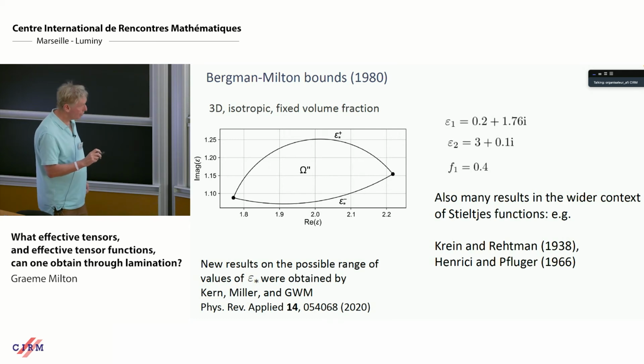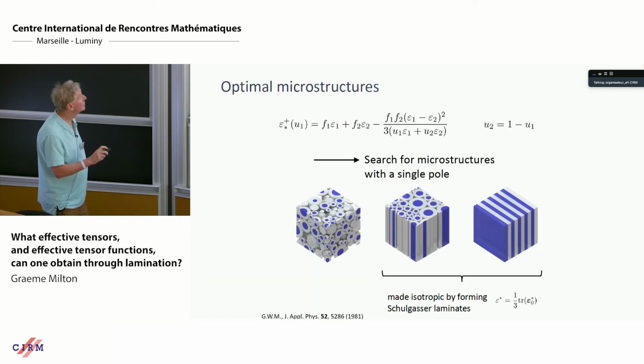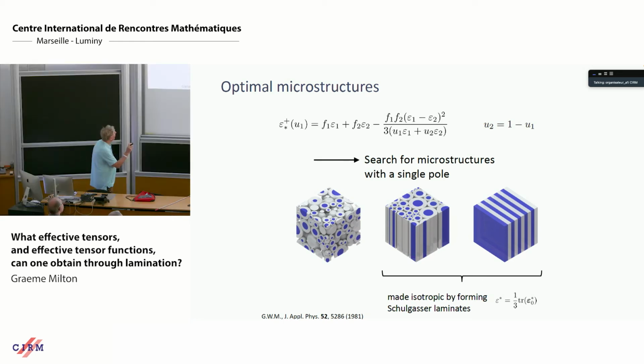And so that's what we're trying to achieve here. The only free parameter here is u. F1 and F2 are the volume fractions of the 2 phases. This factor 3 comes in because you know the second derivative. But obviously this just has a single pole, and so a long while ago I realized that if you